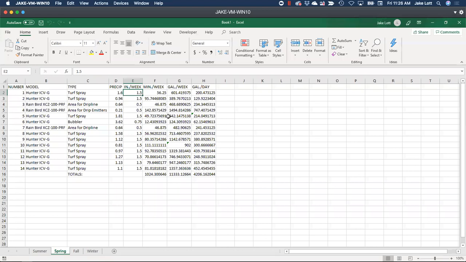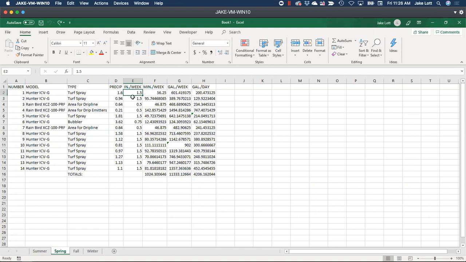So from a simple workflow perspective, I could just change it to 1.25 inches and things are going to auto update, and that's fine. I can go through here and make my changes, but that's a lot of work. On each tab, I've got to go through and manually change all those things.